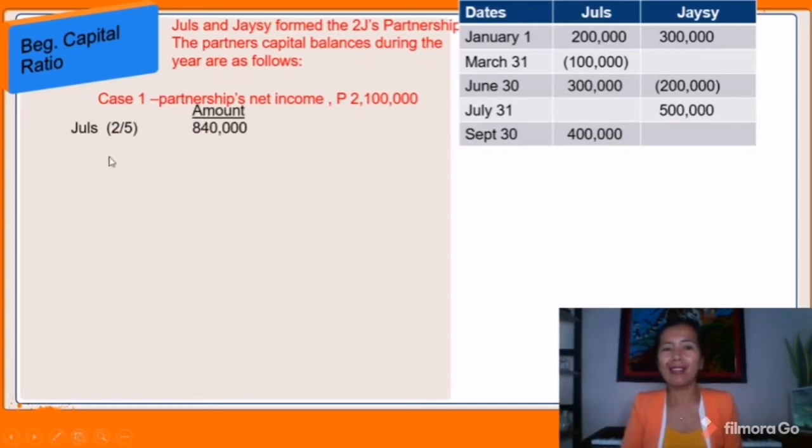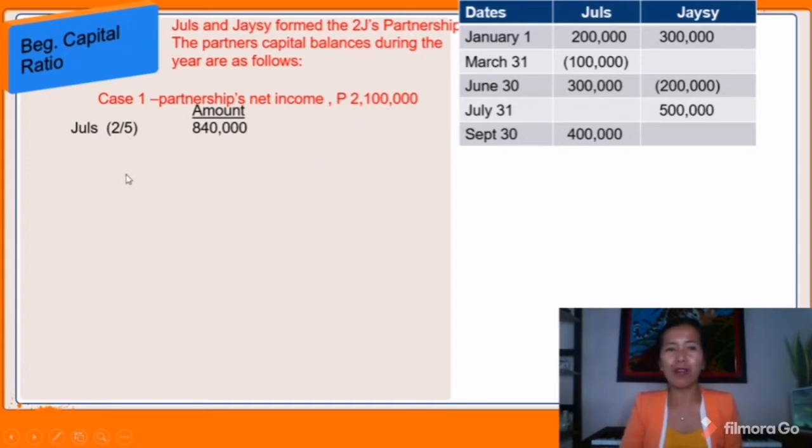How do we get that 2/5? Simple. 2 plus 3 is 5, the denominator. So 2 from the capital balance of Jules, and 5 the sum of the total beginning capital balances of the partners. So the product is 840,000. How do we get this one? 2/5 times